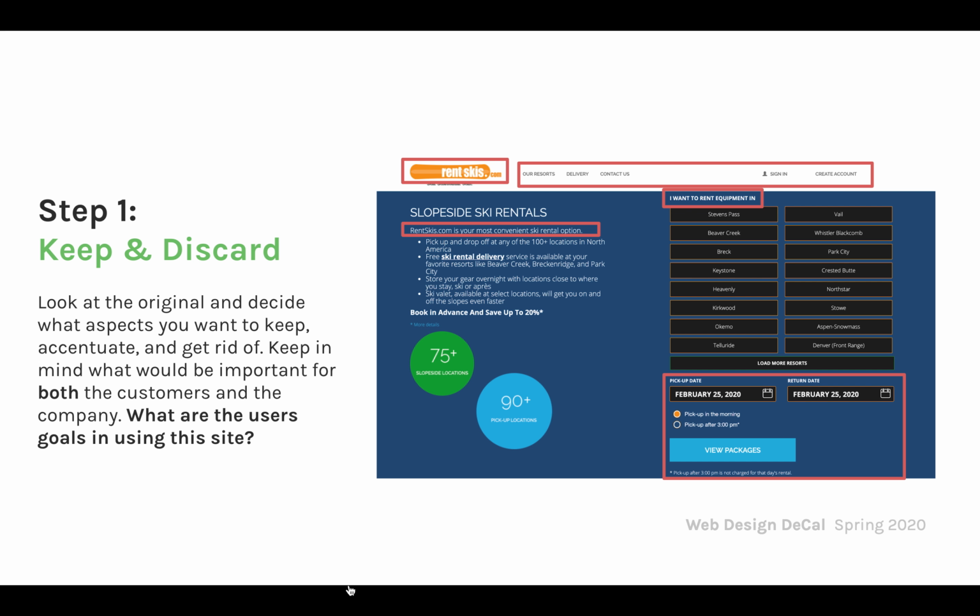What are you going to keep? What are you going to discard? So when we look at this site, we need to keep in mind, what are the customers trying to do and what is the company trying to do, and how can we make this site accomplish goals for both of them? So a user or the customer wants to go to this site to rent equipment easily and conveniently and